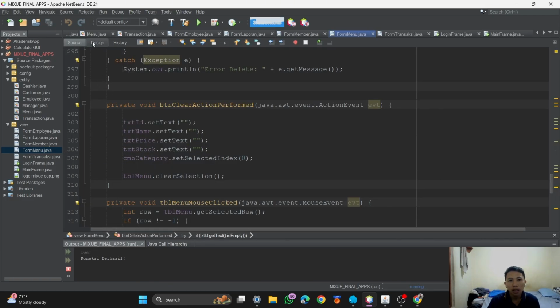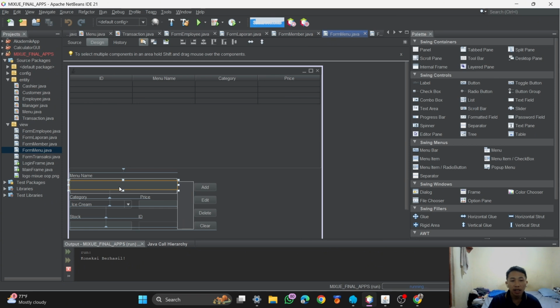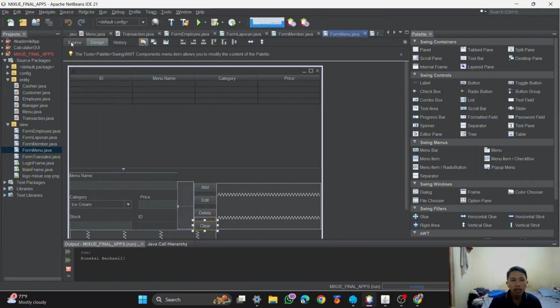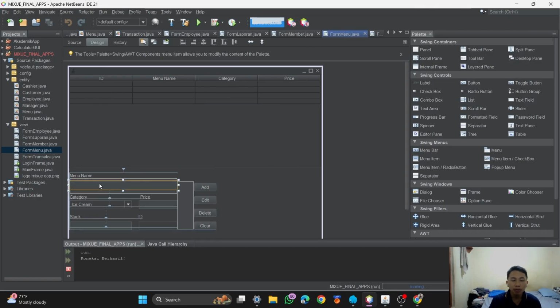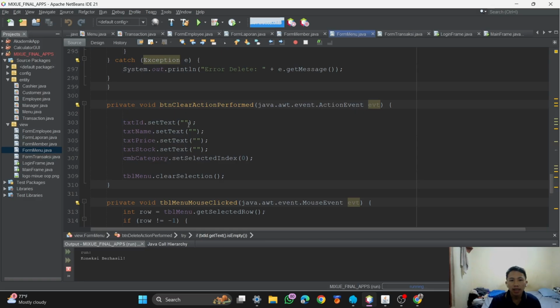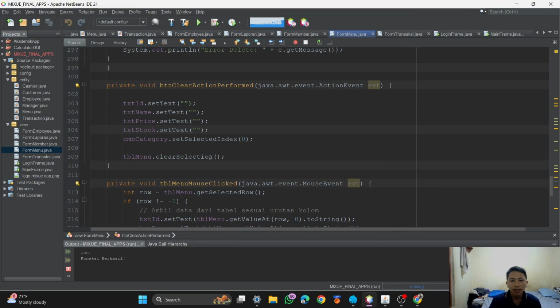If we already put values in these columns, like category, stock and price, and click the clear button, it will reset the columns menu name, stock, and price to empty, like set text empty, and clear selection.